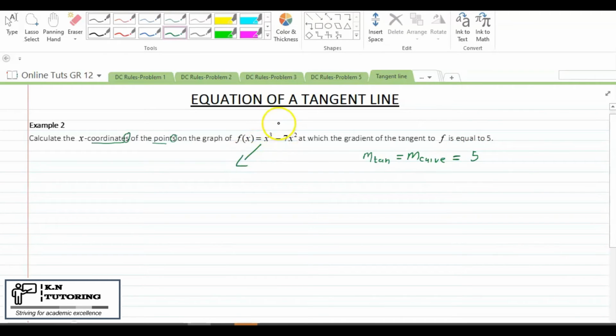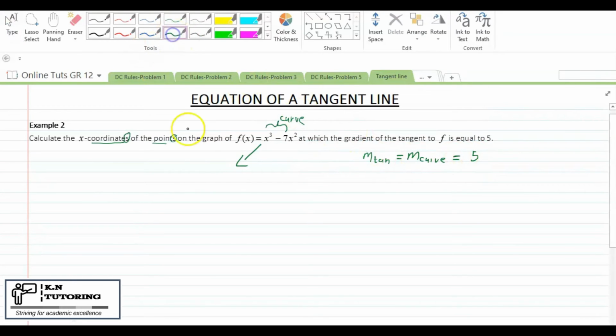Now, this is the equation of the curve. So we need to differentiate this and equate it to 5 and solve for x. Okay, so I'm going to differentiate this and say, okay, I'm given f of x is equals to x cubed